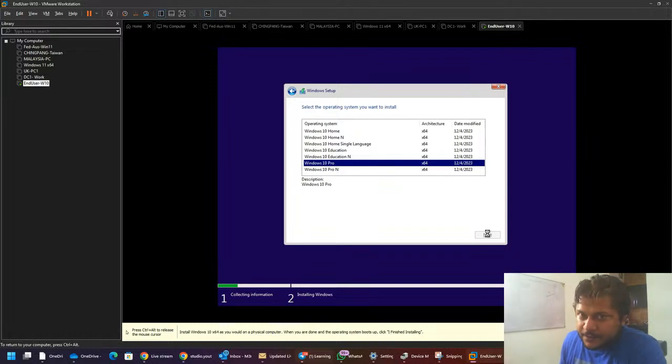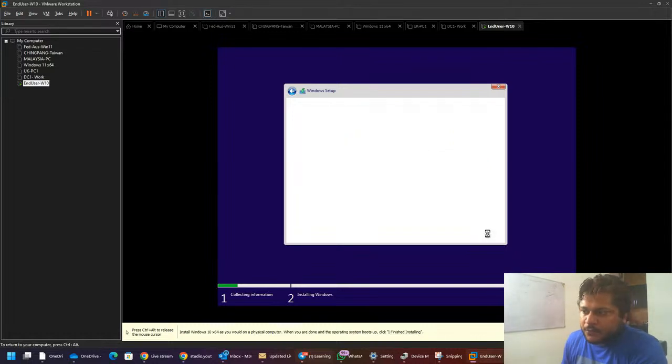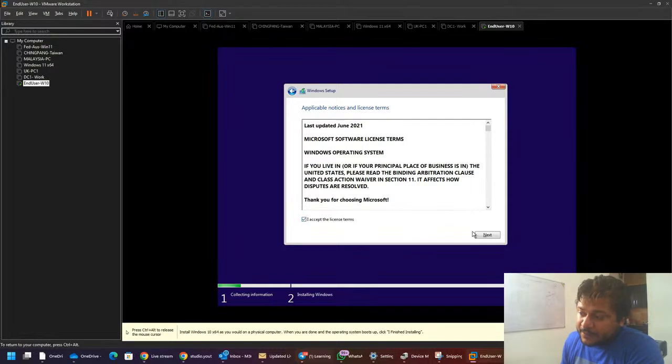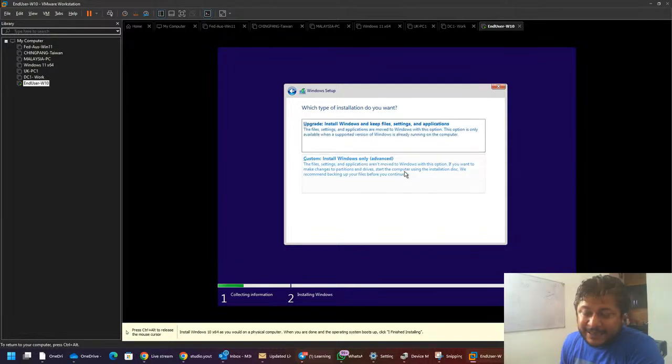Again, it's a fresh installation on a machine, so we'll first accept the license agreement, click on Next, and we'll select the custom option, the second option, custom. If we were to upgrade this computer from, let's say, a previous version of Windows 7, or from Windows 10 Home to Windows 10 Pro, that is when we select the first option. That is, we're going to upgrade an existing operating system to a new one.